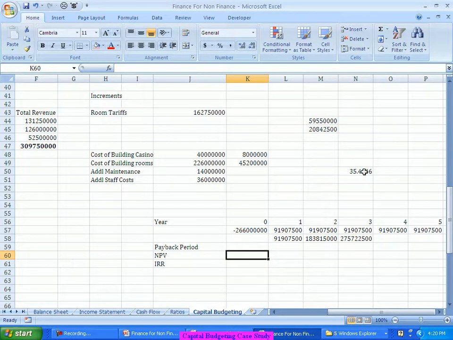Like this, if I get 35 crores after 3 years, it is the same as 26 crores today, if my expectation is 10%. But 25 after 3 years may be much lesser today.